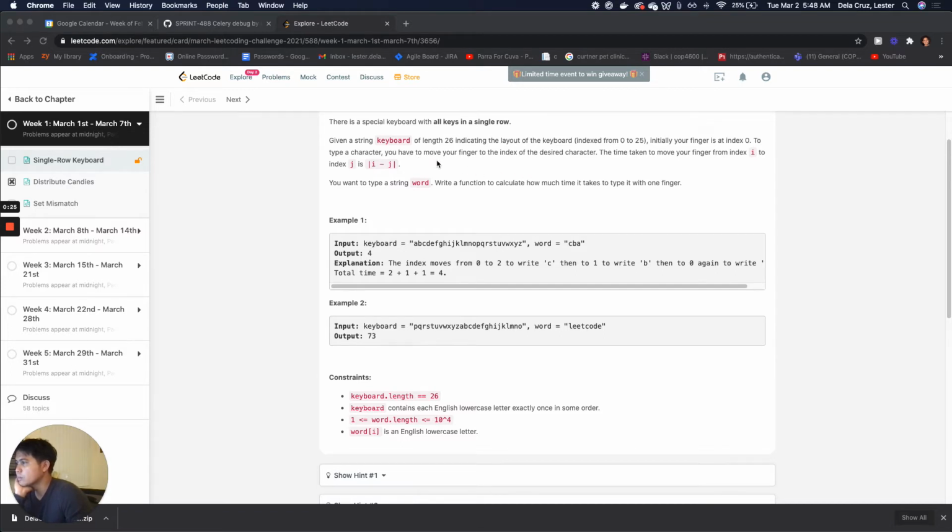You have to move one finger at a time to the character, and then the distance between the character and the next is your distance, and then you have to add them all up. I see. So this one is